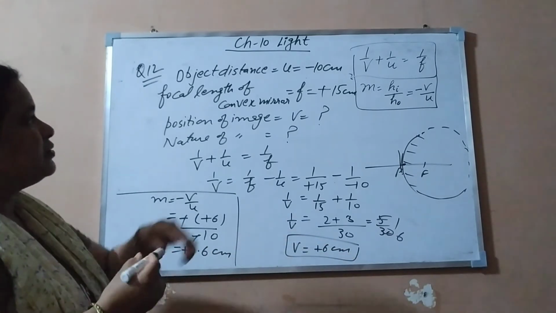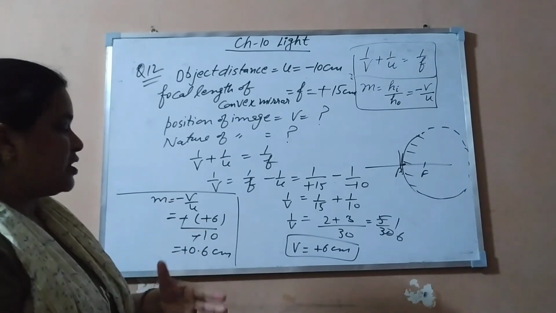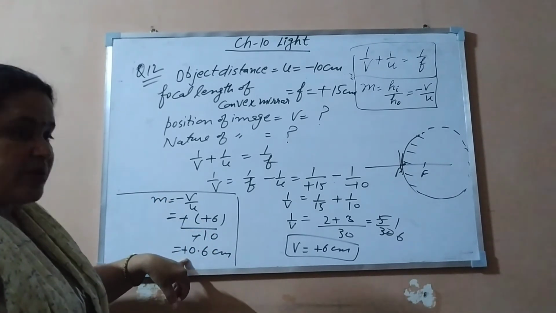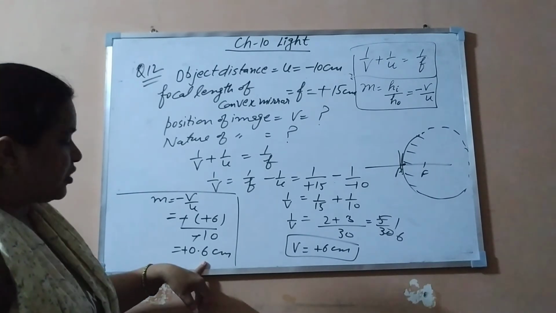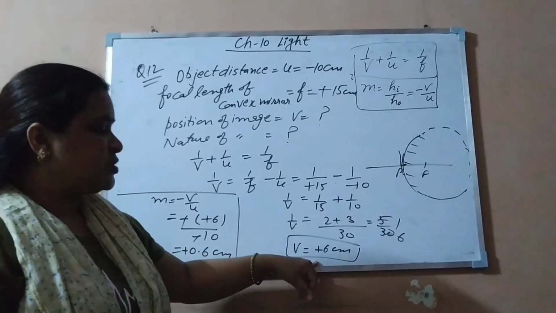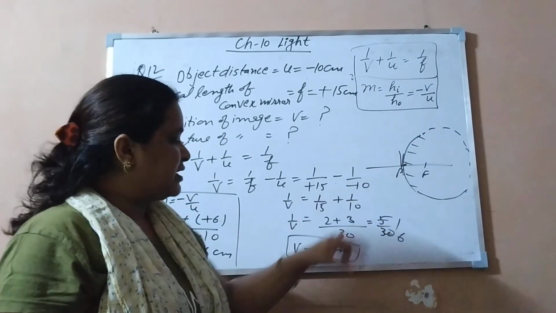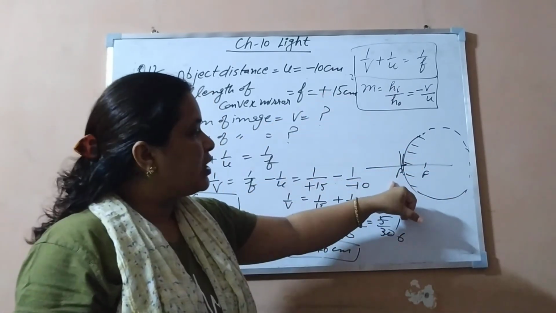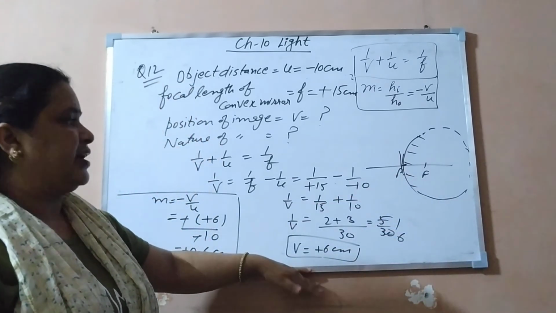Moreover, you know it. We have already done this for the convex mirror. Images are virtual, erect and diminished. So you can verify your answer also. So what we have got? Positive magnification, so it is a virtual image, and less than 1, so it is a diminished image. The image is formed behind the mirror. As you can see, it is plus 6, focal length is 15. So it comes less than the focal length. So it is between pole and focus. So our answer is also verified here.